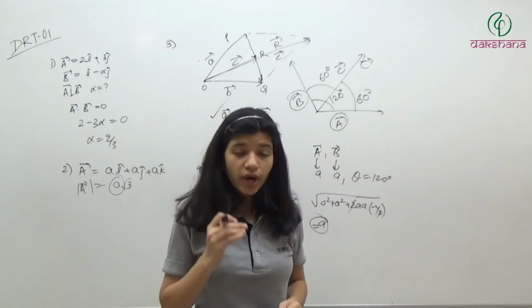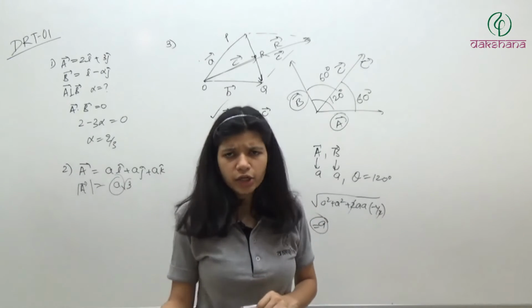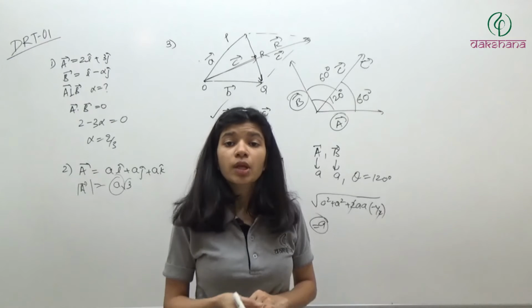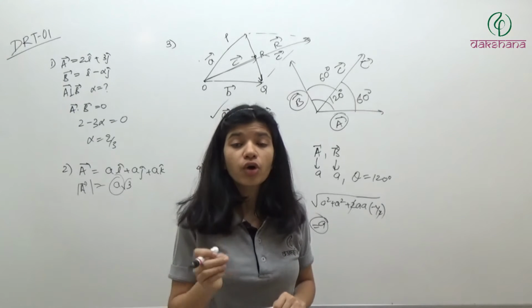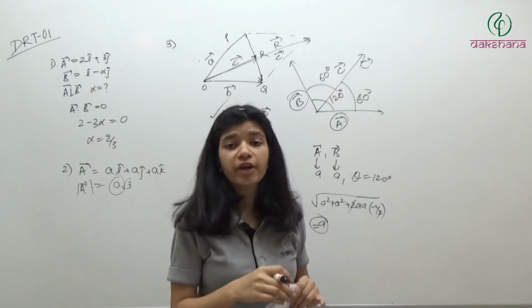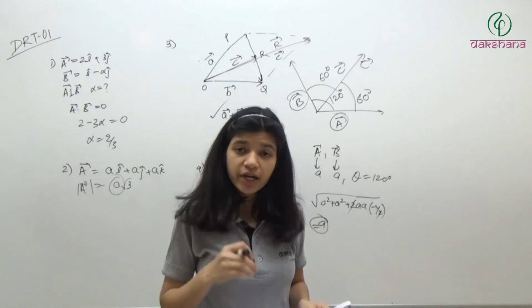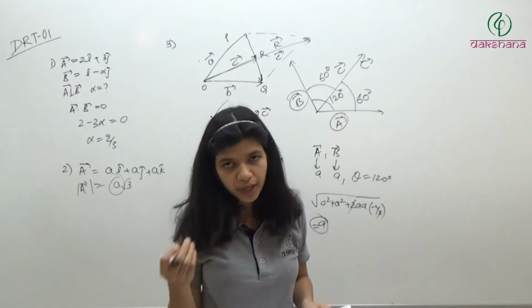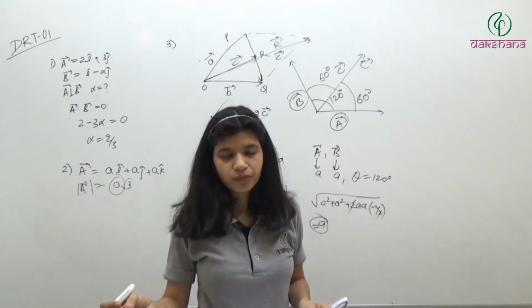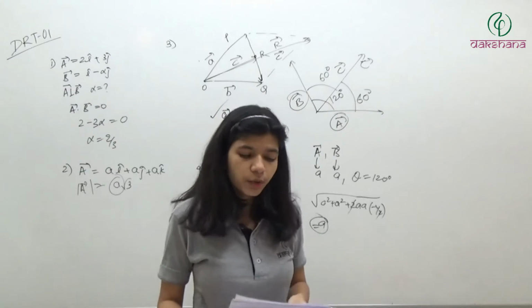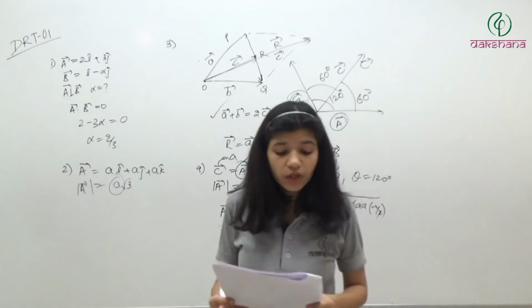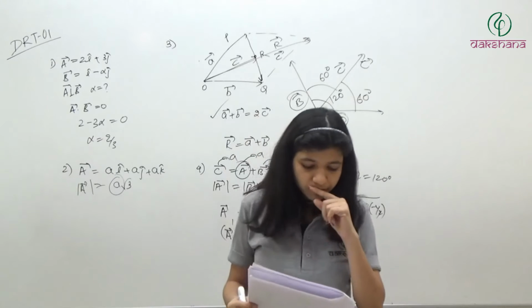For a quantity to be a vector, it should definitely have magnitude and direction, plus it should follow the parallelogram law of vector addition, which is not followed by current. So if it has a direction, it may be a vector, not necessarily, because current is not a vector. So the answer will be: may be a vector.